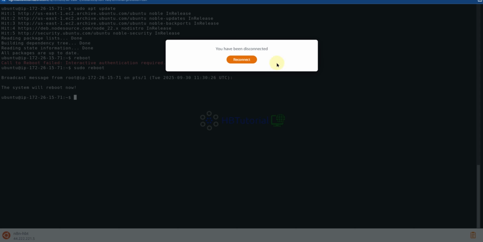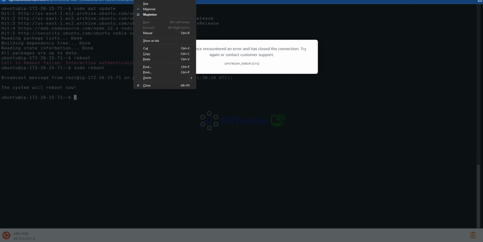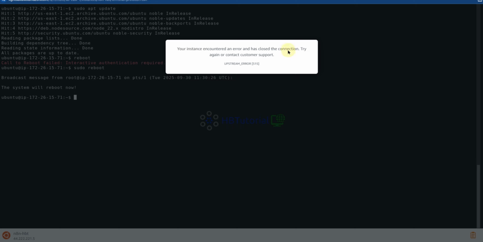Then we need to wait until our server turns back. Okay, you can see we're getting an error, so it's not yet turned back.